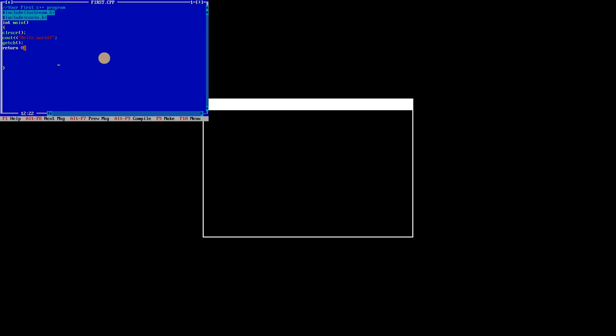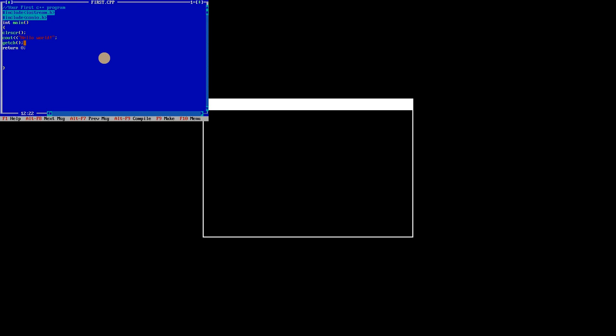Then getch. getch is also a predefined function in the conio.h header file, and it tells the console to wait for some time until any key is hit after running the program.